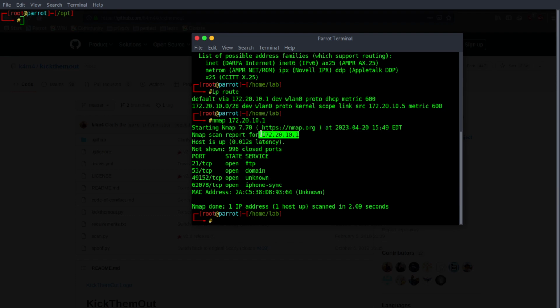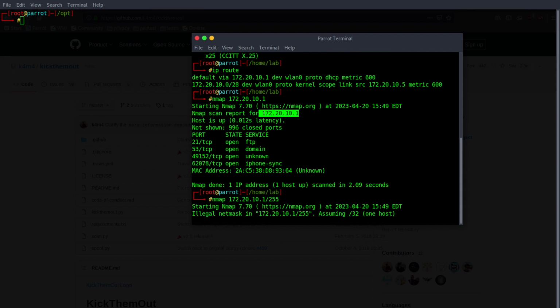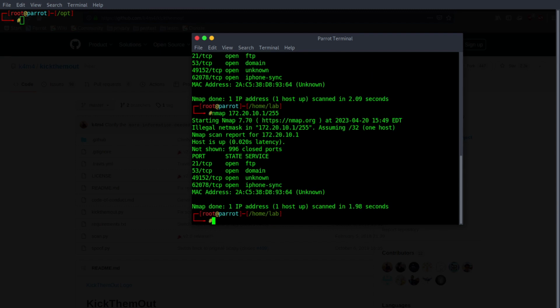This is for one particular IP. Right now I have to specify the range, and the subnet mask, and hit enter. Cool, for now one IP address is found, but again if I type 24, I think,